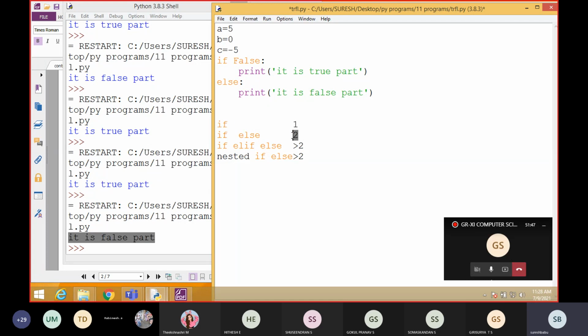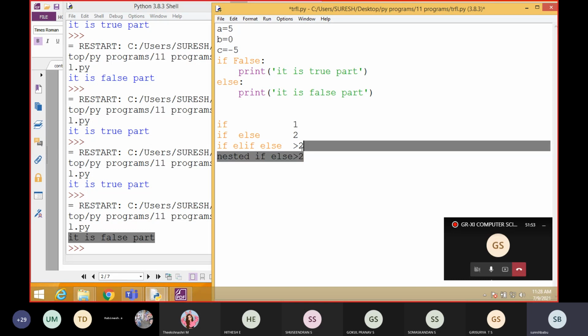Here two choices are there, and it will display one output out of these two. But in the remaining two methods, there are more than two choices, so for that kind of thing you have to use else if or nested if else. Both are the same, but the implementation and syntax are different. Students understood?